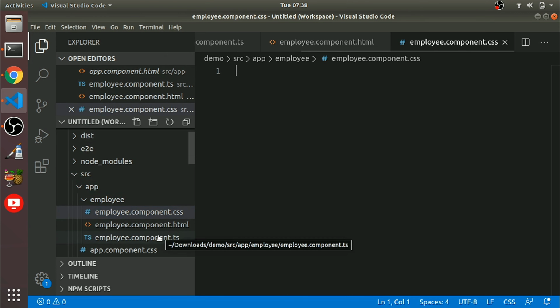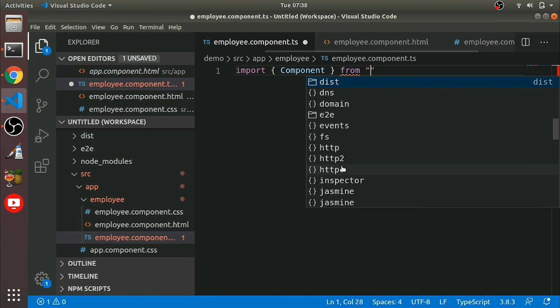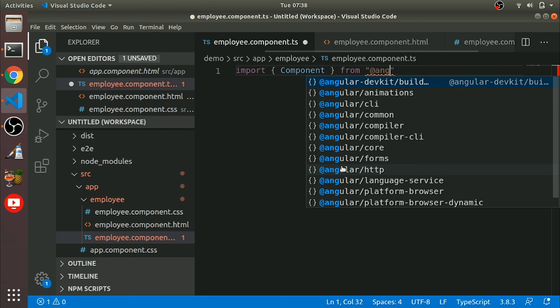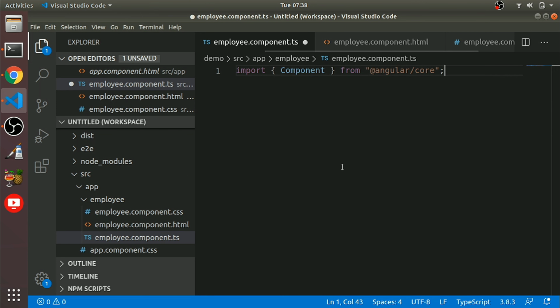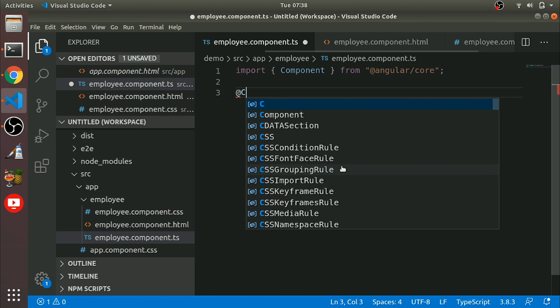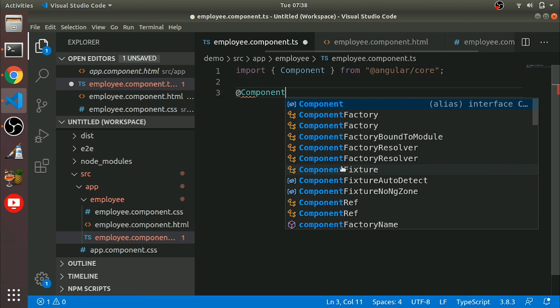So first, this is a child component, so let's import some basic packages like Component from @angular/core. Okay, next we need to use the component decorator function.